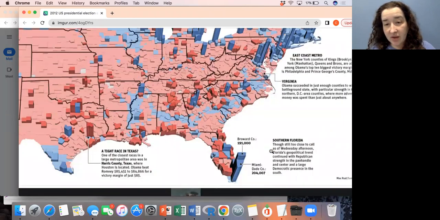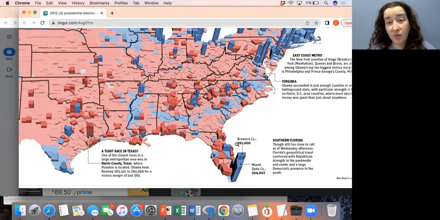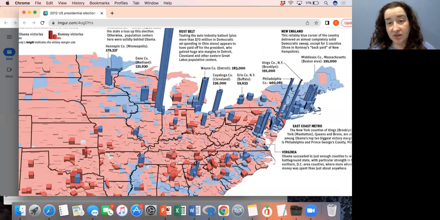And we can compare that to Broward County in Florida, right? Also has a margin of victory for Obama, 191,000, but it looks totally different, right? It's hidden behind this other one. It's wider. It is the same height, but you can't tell at all, right? There's no way that you can look at this picture and see that those two things are the same number,